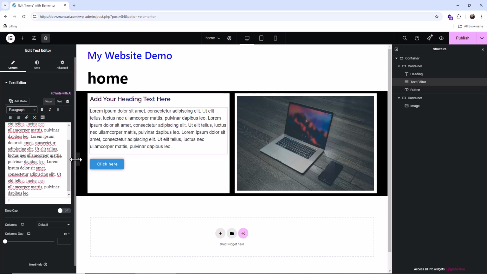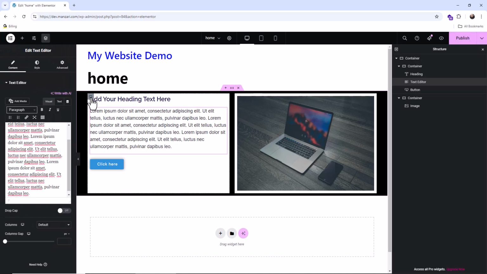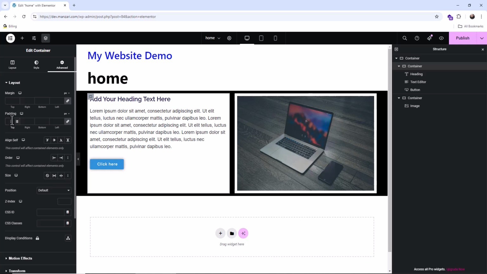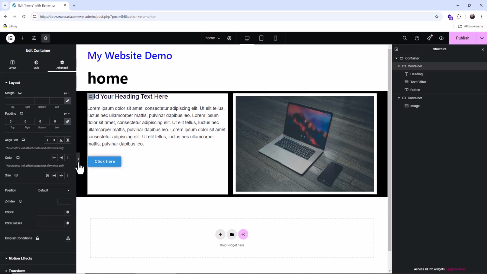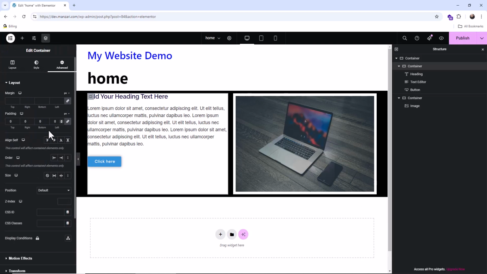So on this column, this container here, I'm going to set the padding to 0. And as I set it to 0, you can see how everything is just kind of touching right on the edge. There's no spacing whatsoever. So again, if we want to control this and give it some space on the inside, we would use the padding, because the padding is the inside space of this container,